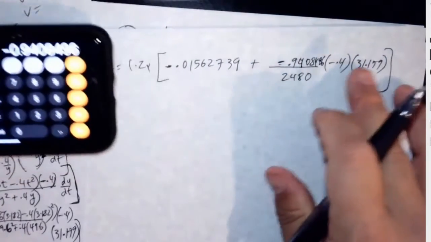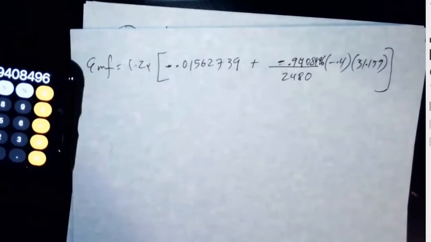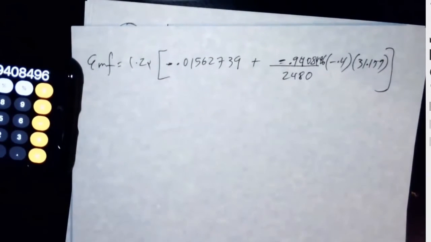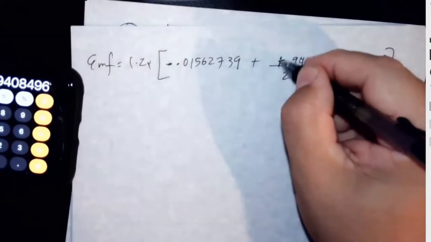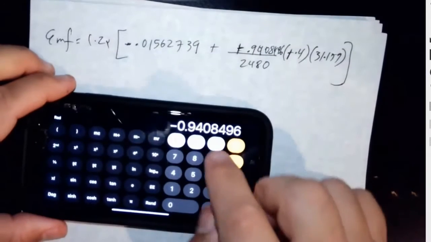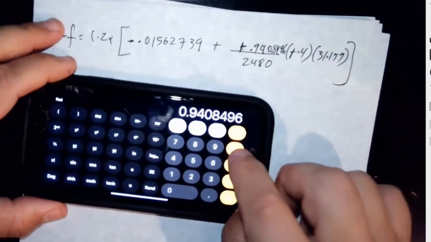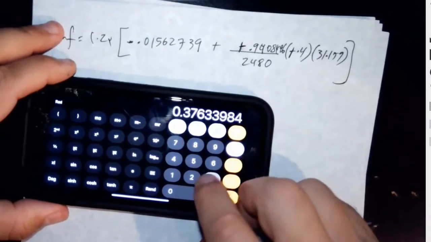So you see how I let all the negatives take care of themselves. So now what's going to be the answer? These two negatives will cancel and turn into positive. Oh, okay, so then this will be this like this, times 0.4 times